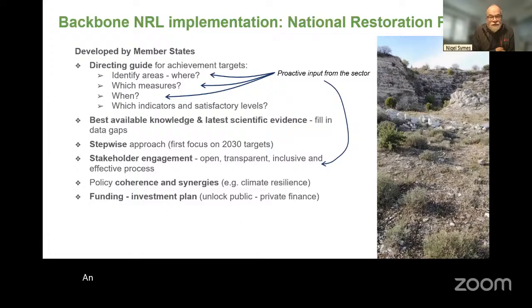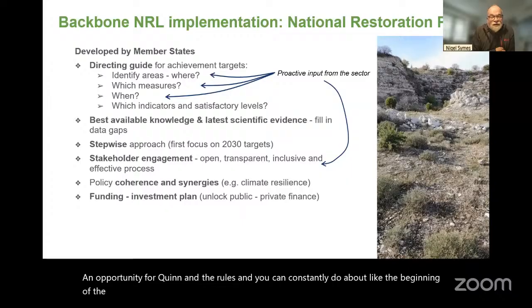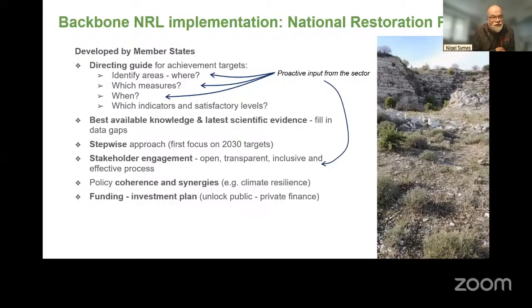quarrying of all materials. Can contribute to delivery of these national plans towards the targets, and not just by the scale of habitat, but where exactly is that in relation to need? Which measures is it addressing? What the timeline looks like, but also, and I actually didn't put a tag to this, but your contribution as experts in land restoration. And so being able to contribute to populating the knowledge gap and helping to present a rational implementation framework, if you like, for how this can go forward,